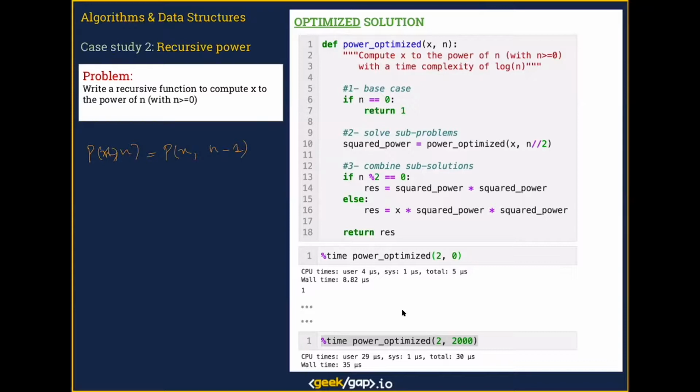And that's what we had. But we can do better. What about defining power of x, n as 1 if n is lower or equal to 1, and x times x if n is even,